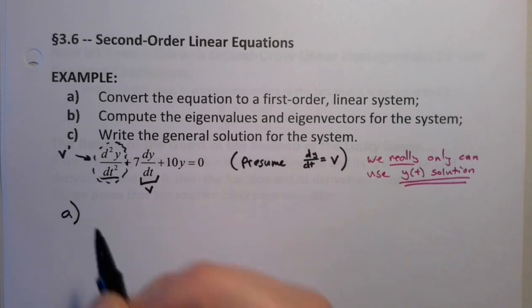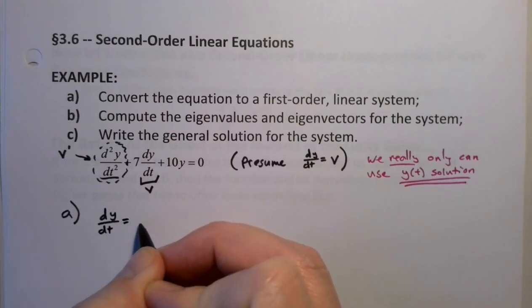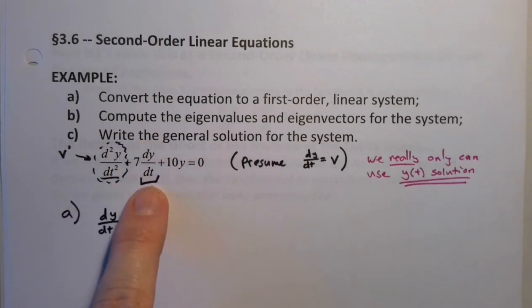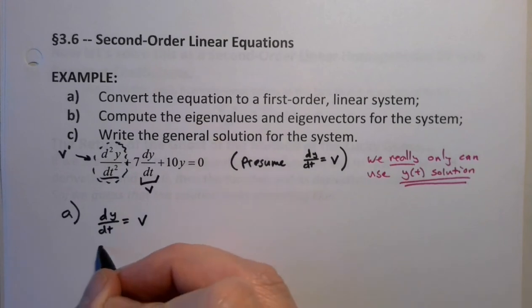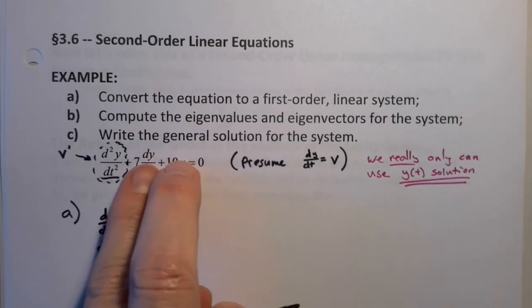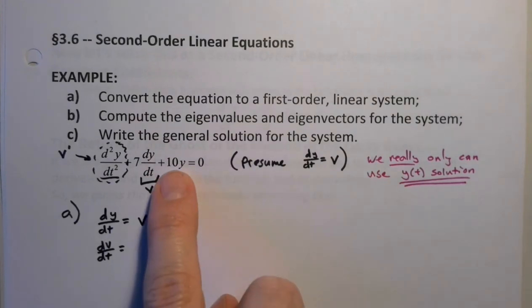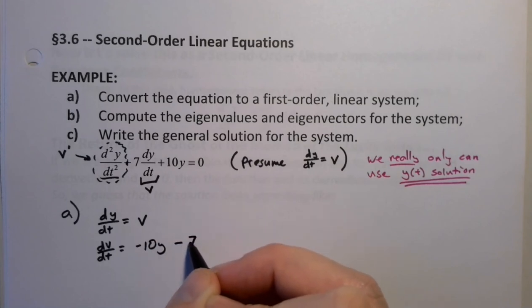So for part A, it says convert the equation into a first-order system. Well, the first equation that we know for sure is dy/dt equals v. The second equation that we know comes from this, which we can do a little bit of manipulating and say, well, that's v prime, that's dv/dt. And that's equal to, if I move these two other terms to the other side, negative 10y minus 7v,